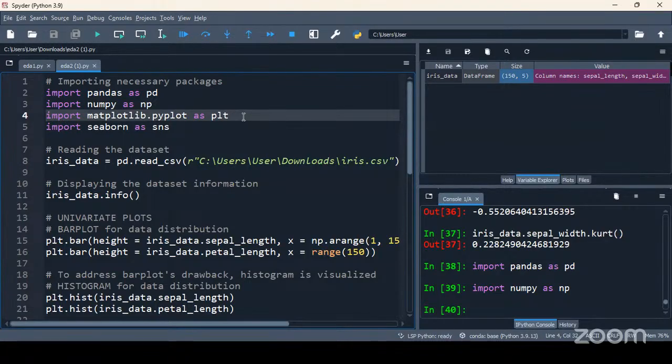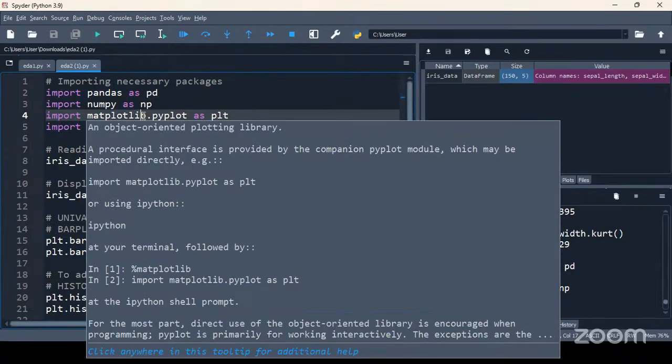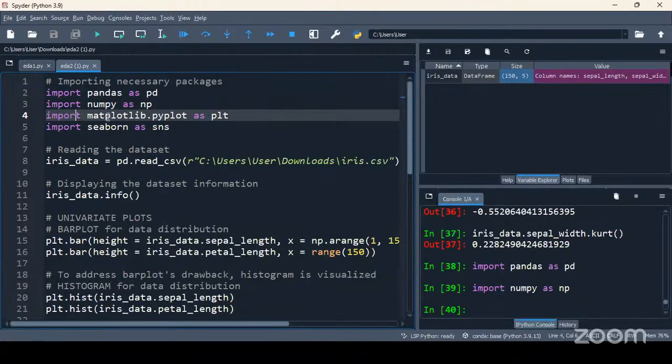Then next to NumPy, I'm going to import one more package. It is matplotlib.pyplot. First of all, let me talk about matplotlib. Matplotlib is a package used for data visualization.